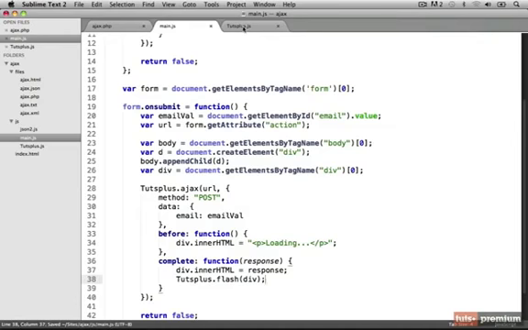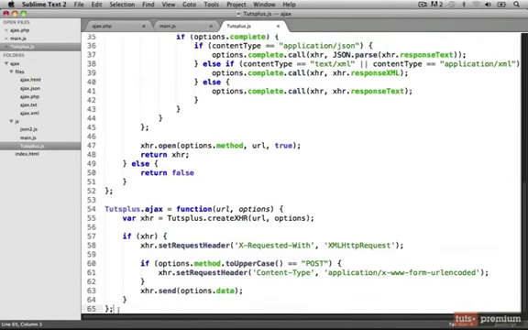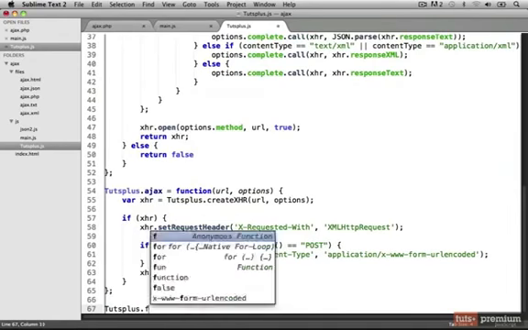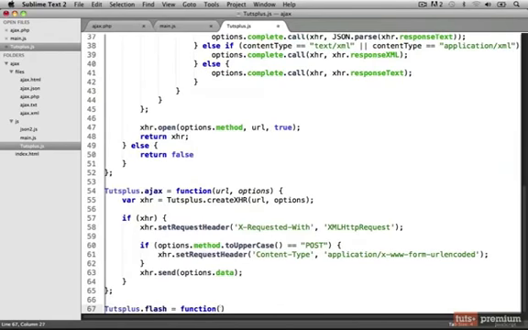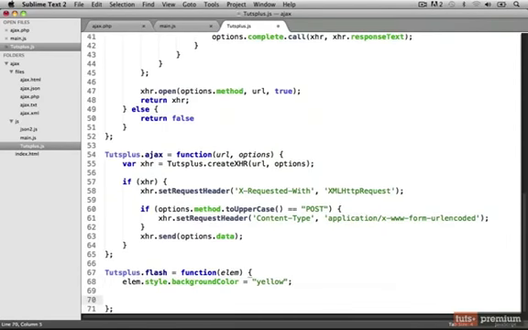Let's switch back into our tuts+.js file, and let's go to the bottom here, and we'll write a new method. We use tuts+.flash, set this equal to a function, and this needs to accept one parameter, and that's the HTML element that we're flashing. And now to flash the element to yellow and then back to white, we'll first change the element's background color style. So we can set our element's style and then its background color to yellow. And now after it turns to yellow, we just need to turn this back to having a white background color,